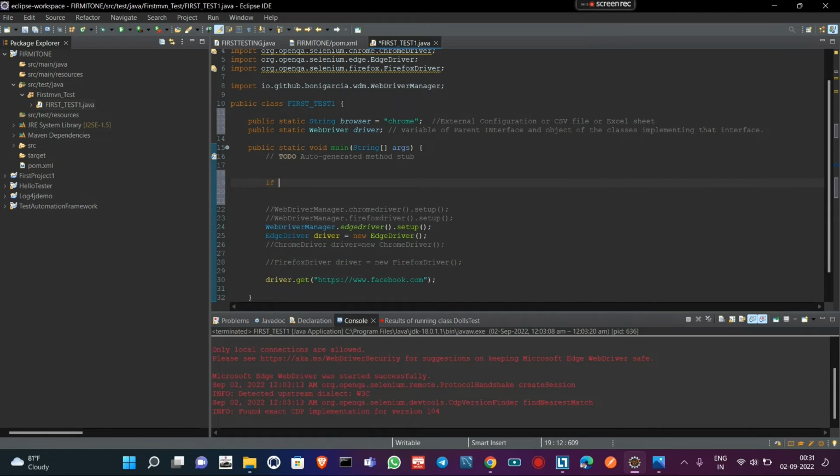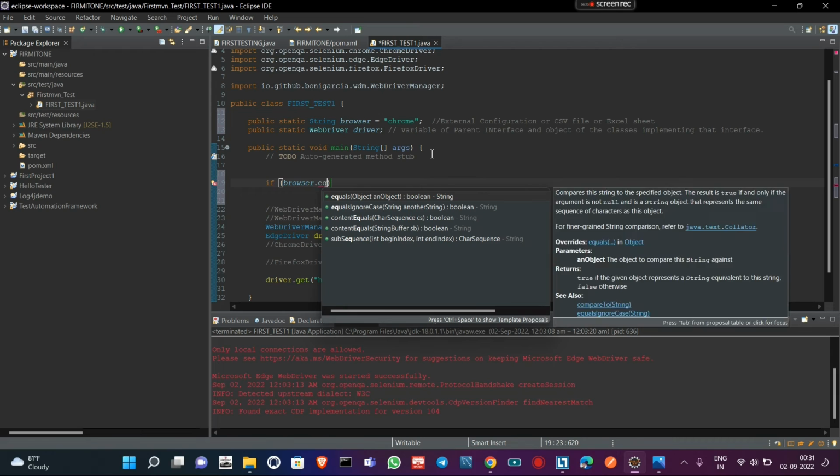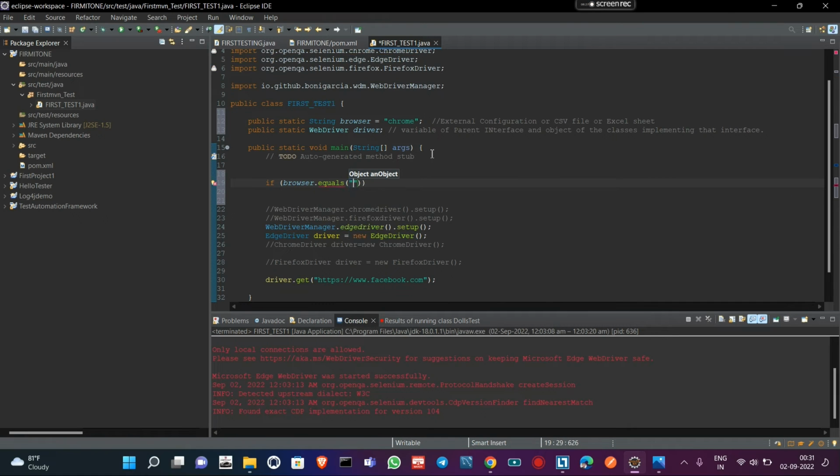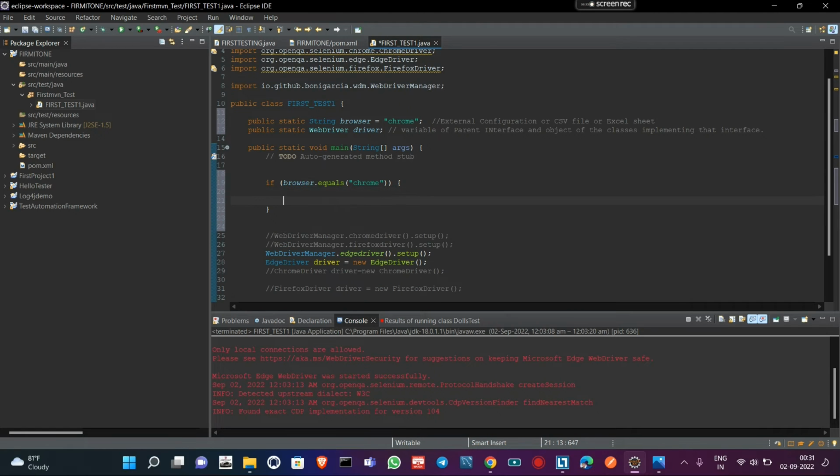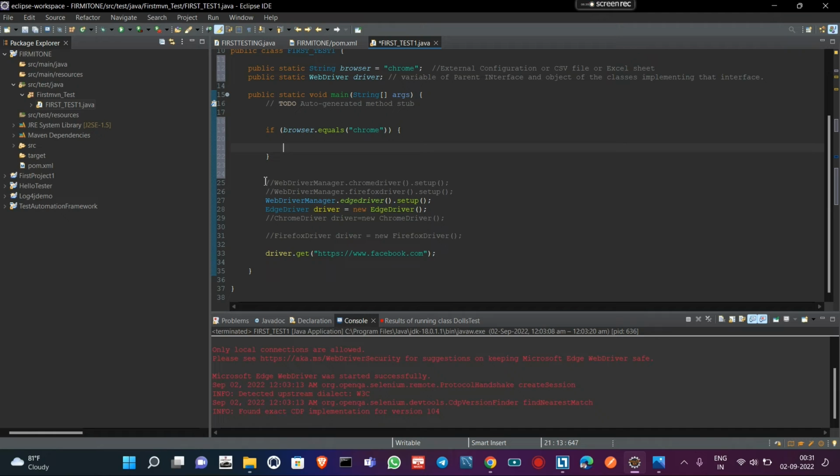I'm creating the if block now: if browser dot equals Chrome, then I provide WebDriverManager dot chromedriver dot setup,